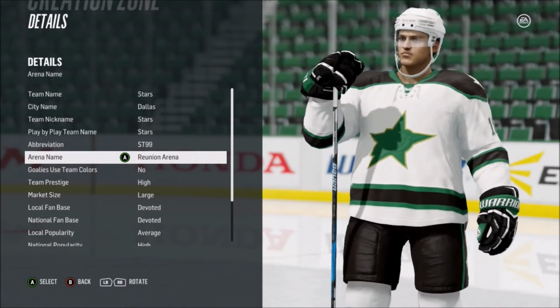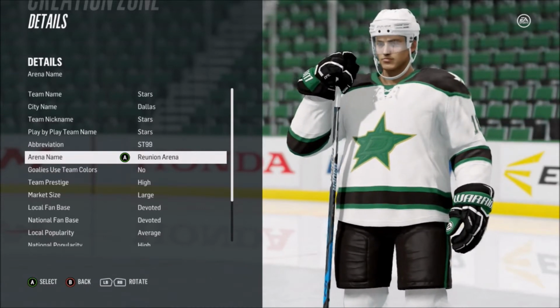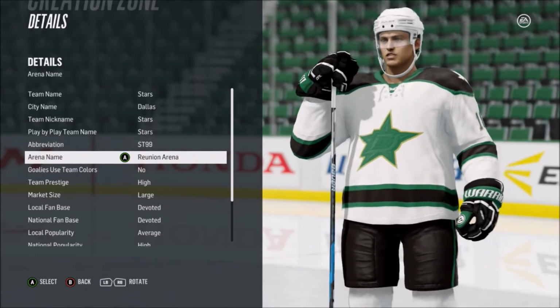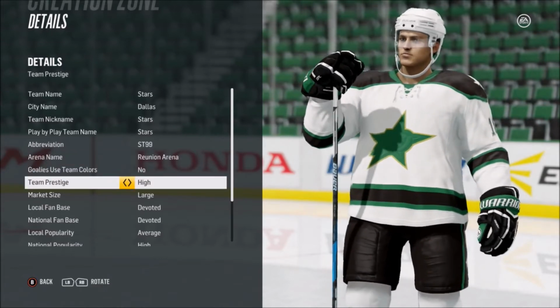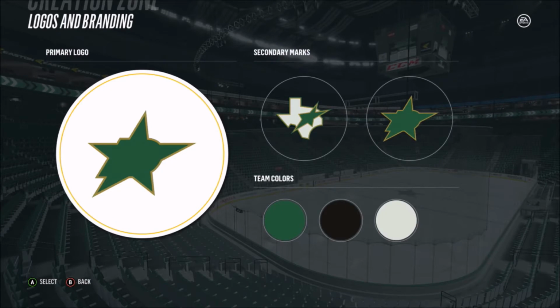I don't even know for sure, but I just know it was demolished, and that's why they now play at the American Airlines Center, I think it's called. So there's that. Logos and branding, basically for their logos, I had both of them set to these, like their current jersey logo, which had the D in the center. I had to actually just make that all green in the center because they don't actually have